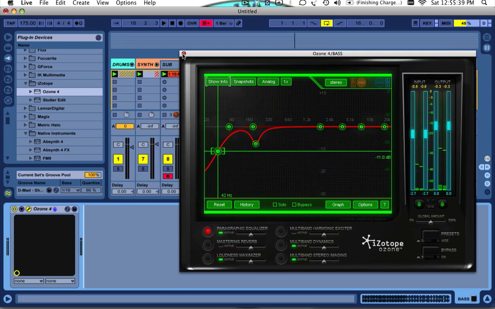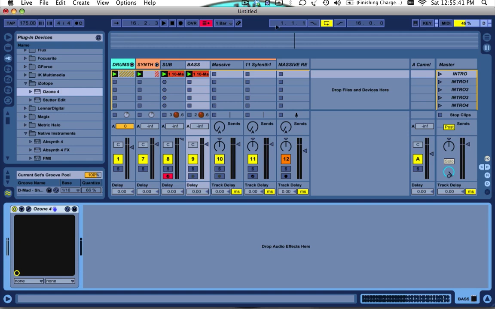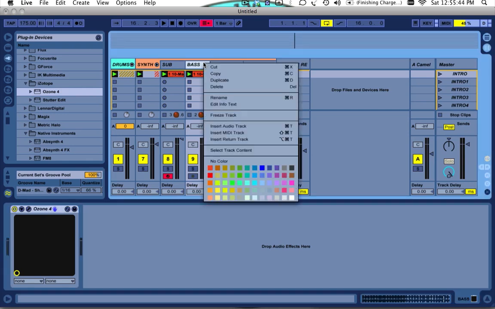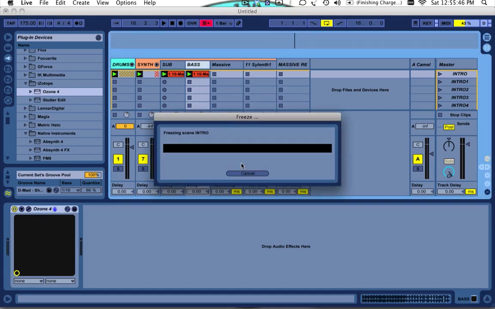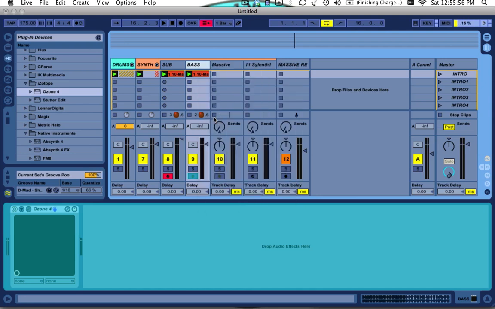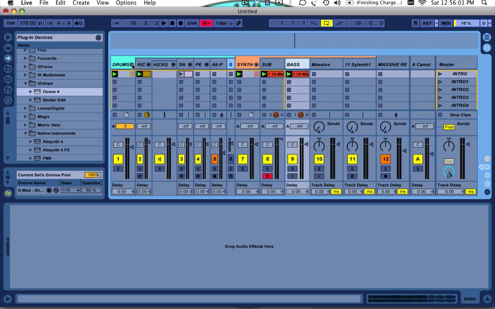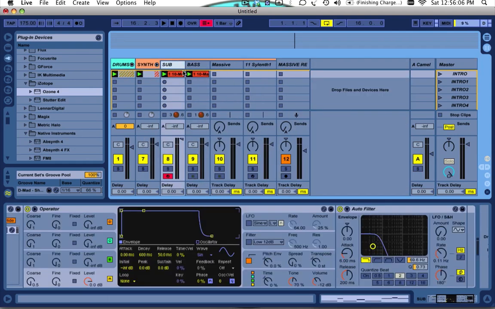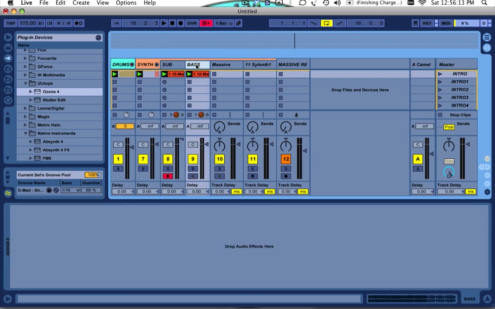Okay, so then once we have that, Ozone does take up quite a bit of CPU, so I just go through and again freeze this track. And we're also going to flatten it. So yeah, and then after that, depending on how your workflow goes, then obviously there would be a beat with it, and you can kind of go through and make more sounds that way. And really,